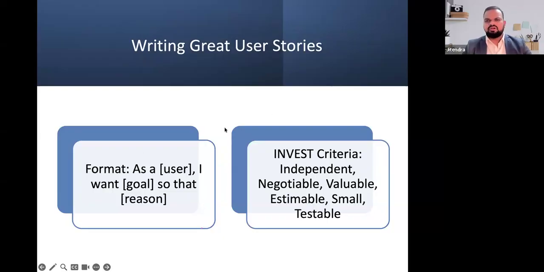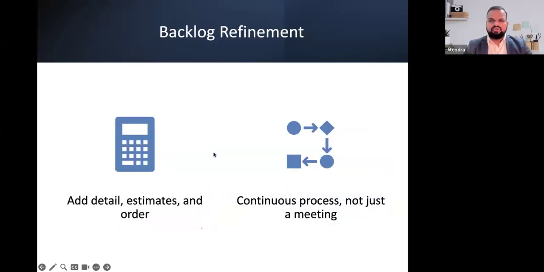Then as a product owner, you're going to write your stories. In the interest of time, we will not go into detail on this. These are anyway the operational stuff: writing the user stories, doing some documentation. Plus, as a product owner, you write the requirements, and your job is to make sure my team understands those requirements. That's why we do a specific activity for that. We call it backlog refinement. Backlog refinement means adding the required details and explaining them to the team.